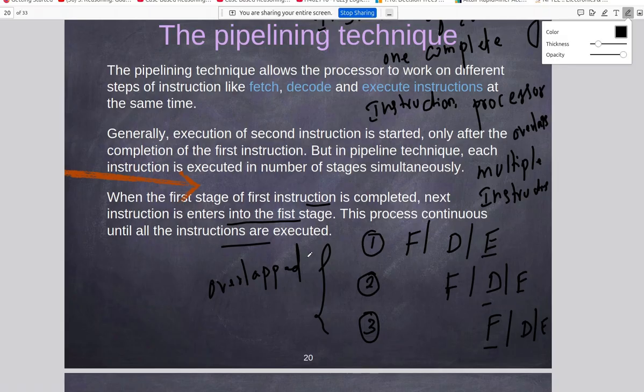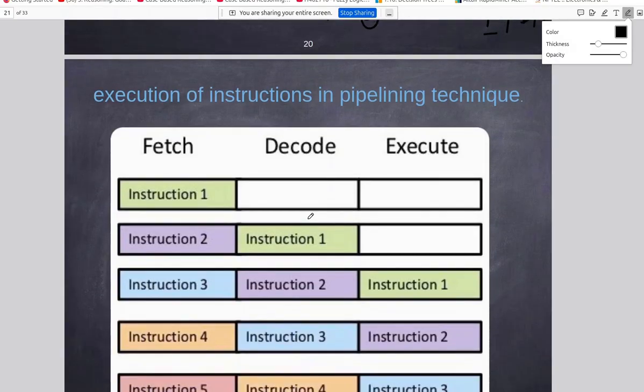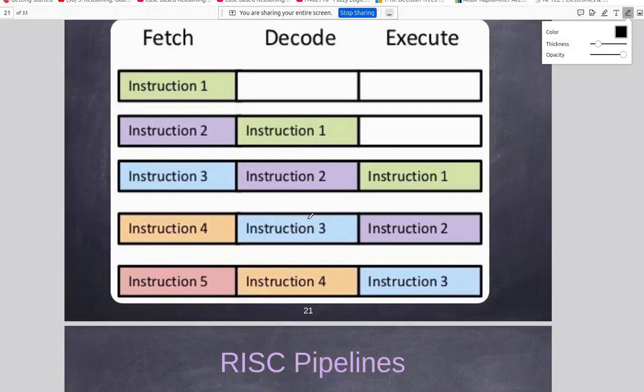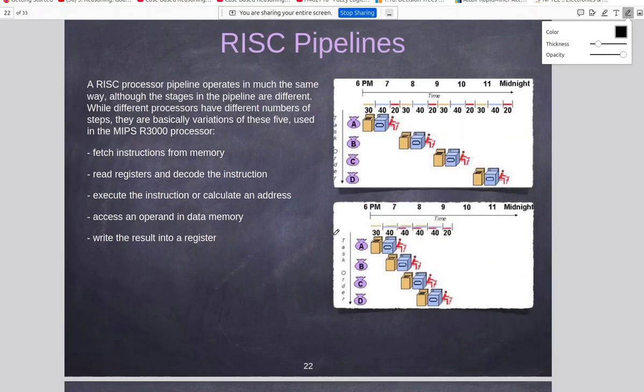Generally we have a 3-stage pipeline and also a 5-stage pipeline. Whatever I have written now is 3-stage. In 5-stage, we'll go here. So this is again overlap. Now here, what is happening, if you can see here,